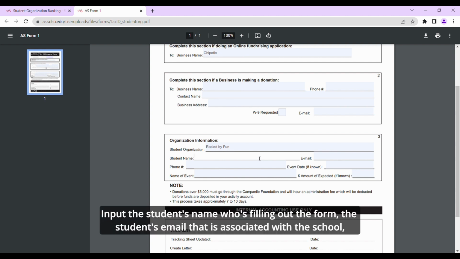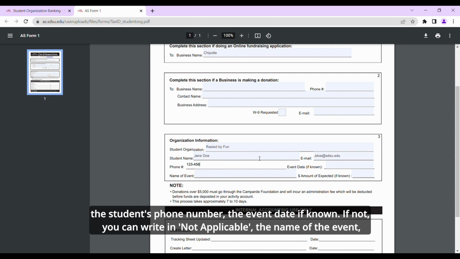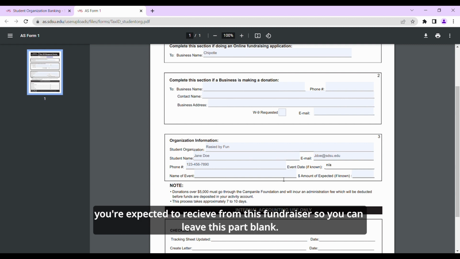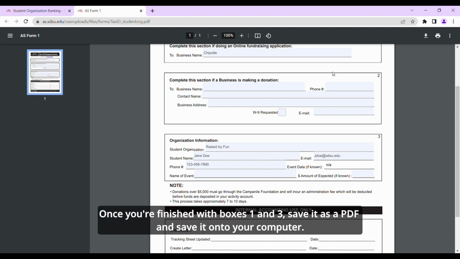Input the student's name who's filling out the form, the student's email that's associated with the school, the student's phone number, the event date if known. If not, you can write in not applicable, the name of the event. If it's not known, leave it blank, and the amount expected. However, at this time, you probably won't know how much you're expected to receive from this fundraiser, so you can leave this part blank. Once you finish with boxes 1 and 3, save it as a PDF